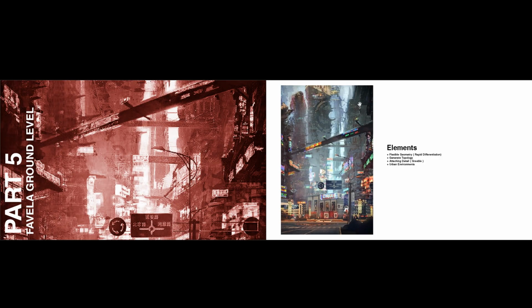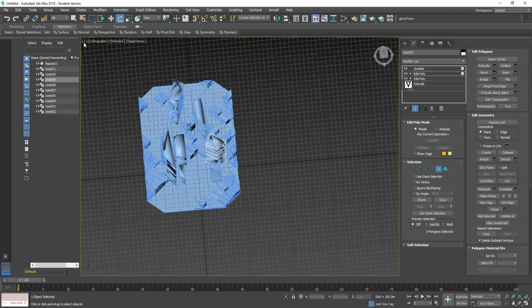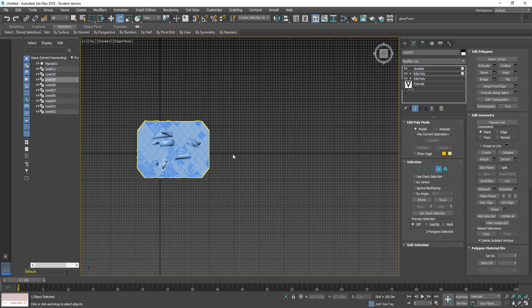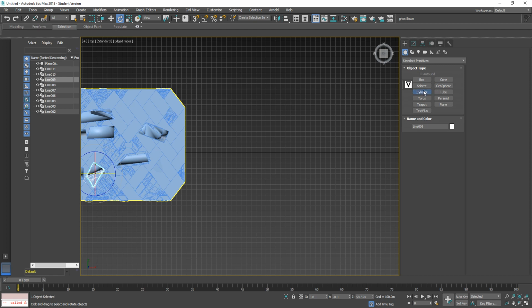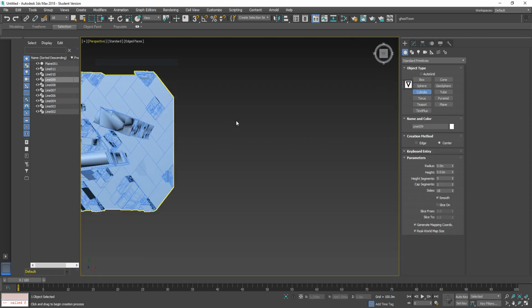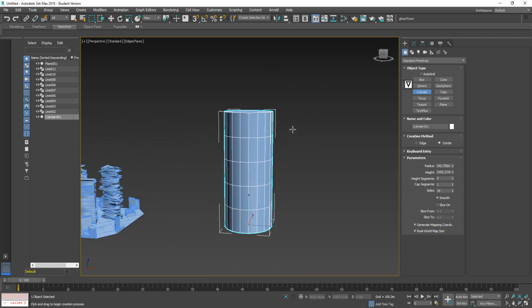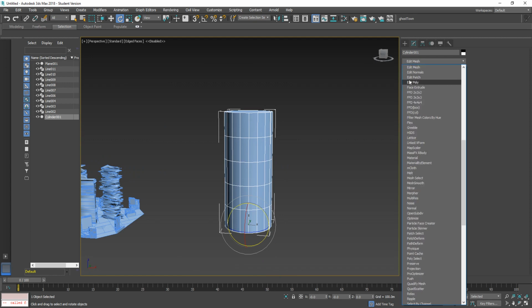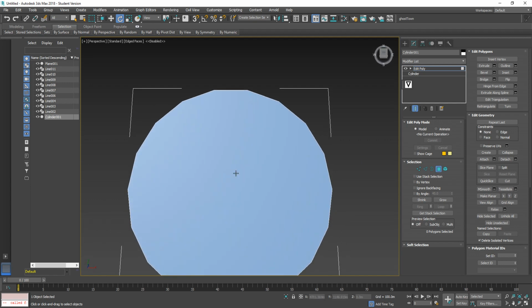And finally, we want to create this ring sphere thing that's like levitating above the ground. So let's design from the top view. And what we'll start off with is a cylinder. And then with edit poly, we're going to take away most of it, leaving us with this. And so with this, what we'll do is make an inset